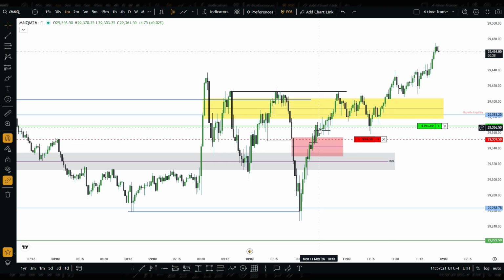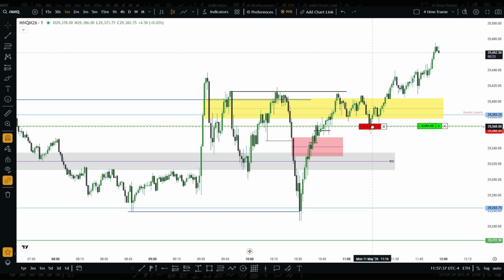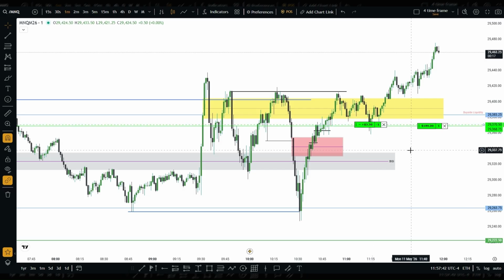I did manage to enter this trade here, right? With about 5 contracts, scaled off as soon as I saw it start stalling here again. I scaled off, left this one as a runner. At this point, we can move stops to break even because I don't expect price to come back down into this area. And that's basically the trade idea.